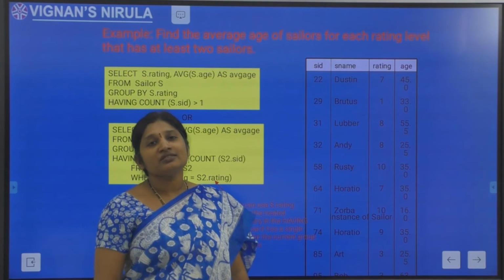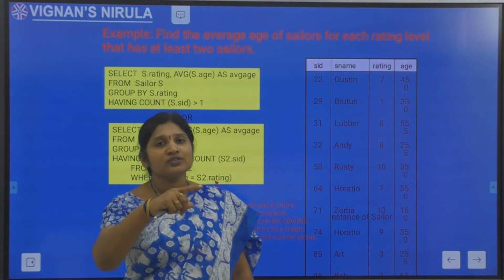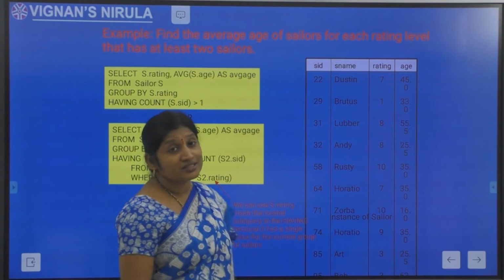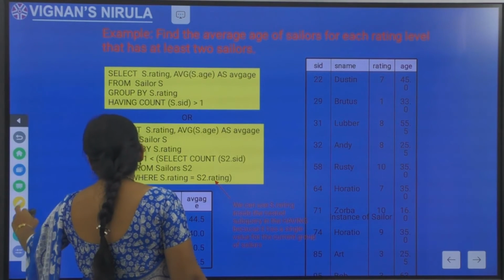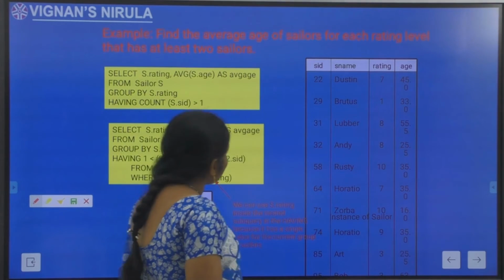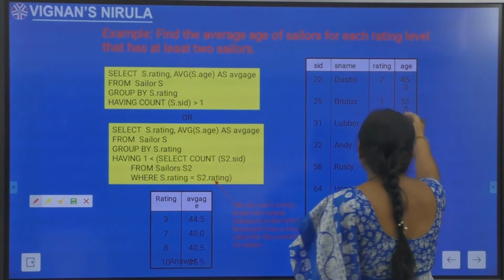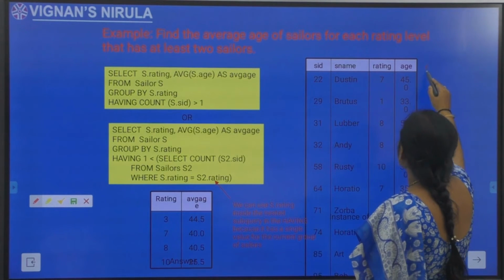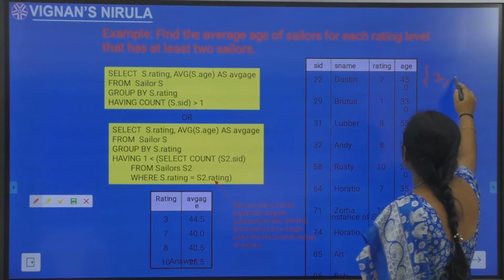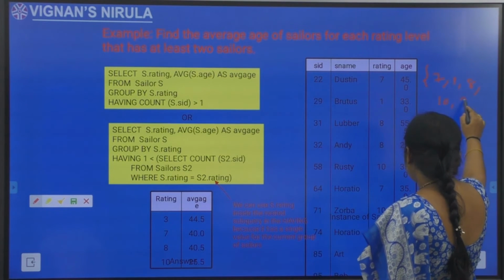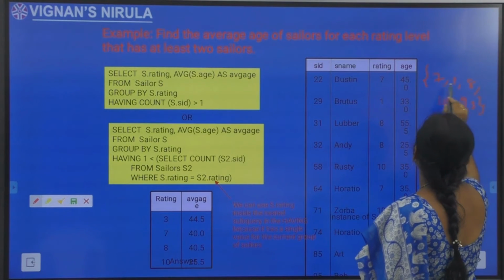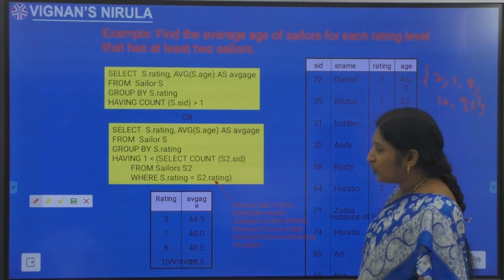The third step is to form the groups based on the group by clause attribute. What is the group by clause attribute? S.rating. So based on the rating you need to form the groups. What are the different rating levels I am having? Rating levels 7, 1, 8, 10, 9, 3. That is 6 groups I need to form.